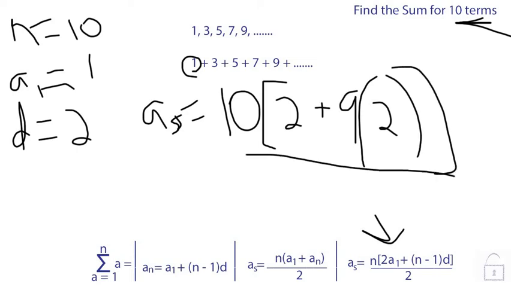And all that is over 2. Alright, so now let's clean this up a little bit. 9 times 2 is 18. 18 plus 2 is equal to 20. So there we go. So 20